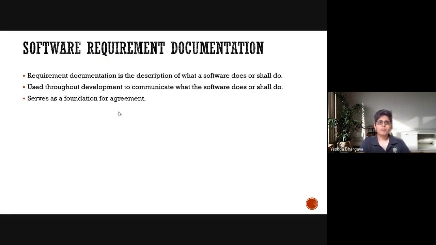Again, software requirements documentation is basically a document describing what a software does, shall do, and in most cases what it should not do. Also the constraints and the specific use cases in which it should not do what it is supposed to do. Imagine the ATM machine in which after entering a pin wrong 3 times, the machine will not be able to respond to the customer.